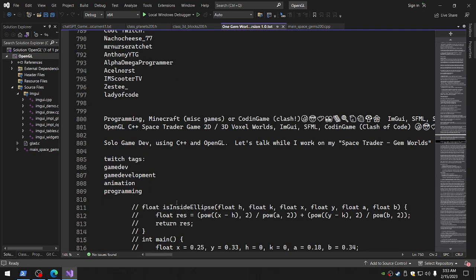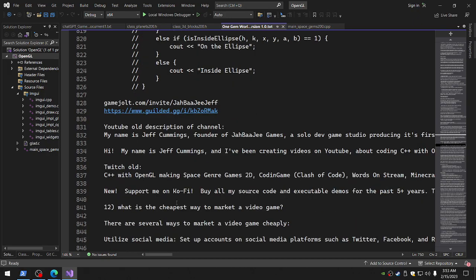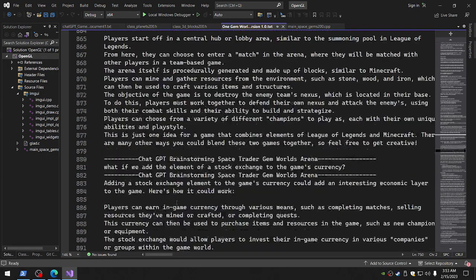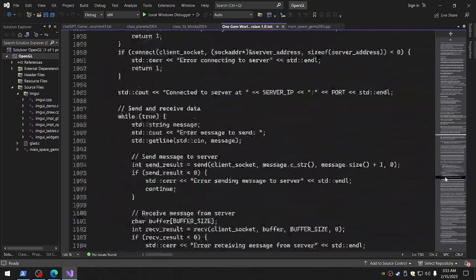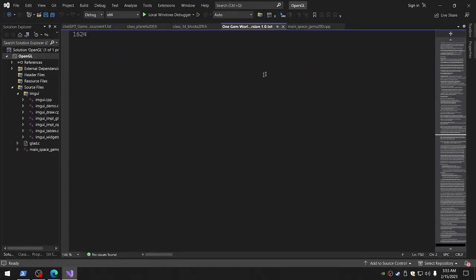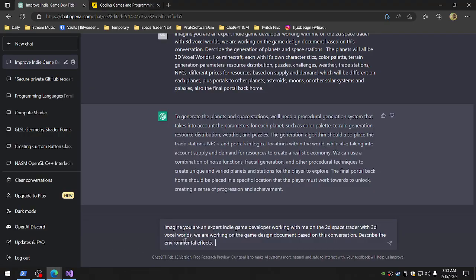This was from a long time ago. Okay. Oh, and then I started with ChatGPT and it all just got crazy. Okay, so let me just brainstorm it because I remember basically. Environmental effects. So